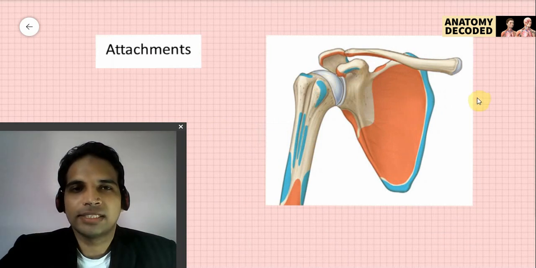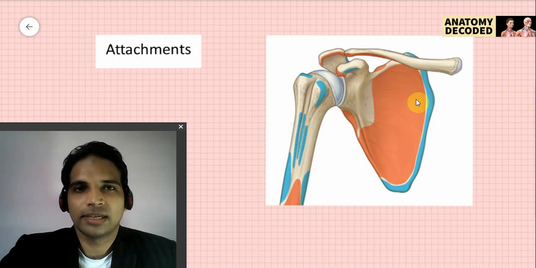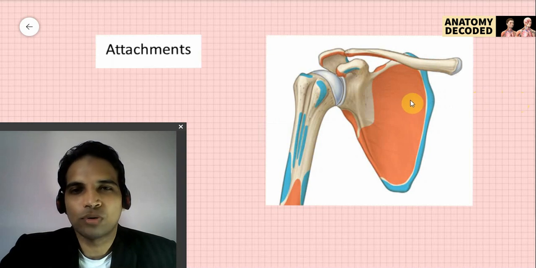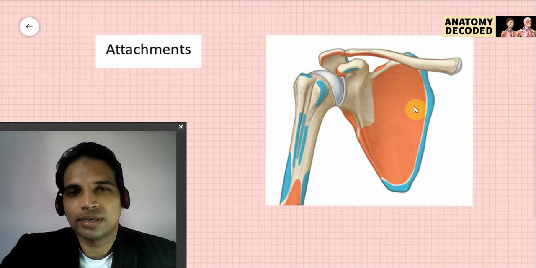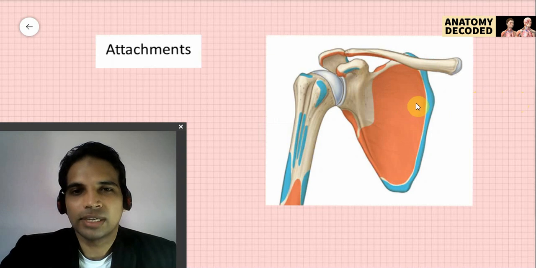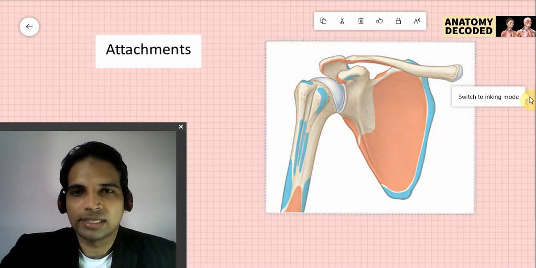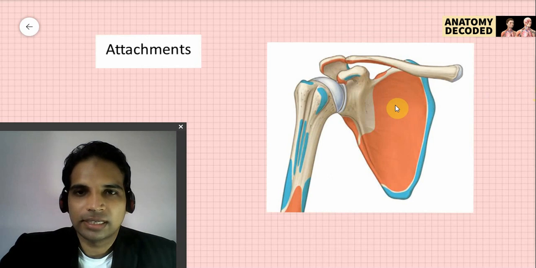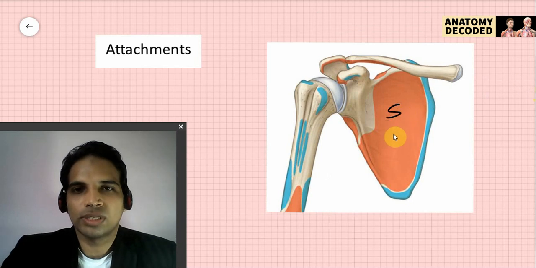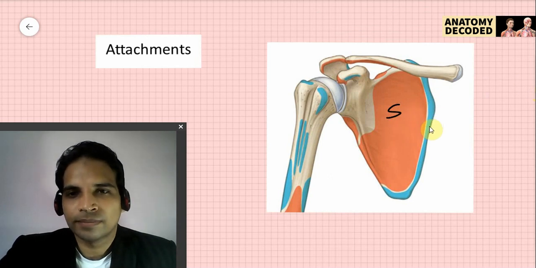Here in this image we can see various attachments of the scapula. This is the scapula viewed from the anterior aspect. There are many muscles attached onto the scapula. First, we'll try to identify the location of various muscles, and then I'll let you know a method to remember all the muscles easily. So first of all, this is the costal aspect of the scapula, the costal surface. This muscle is subscapularis. It is attached onto the costal surface of the scapula.